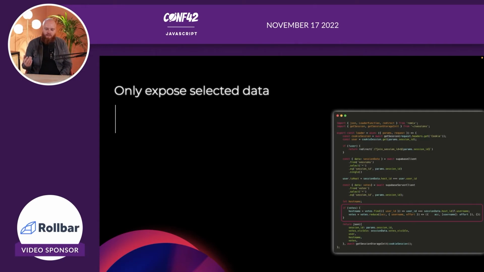Because you can imagine if we have these votes and we store these votes, and for everybody we're going to return this data, these votes will contain everybody's user ID. And you don't want to expose that because it's not needed for everybody. So what you can do, and that's a real added benefit of these server-side functions, here in that loader, we say, okay, I'm just going to check whether I'm an admin and whatnot, but I'm also going to filter out this votes array.